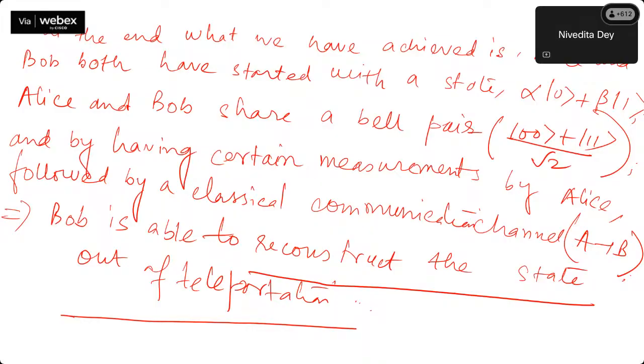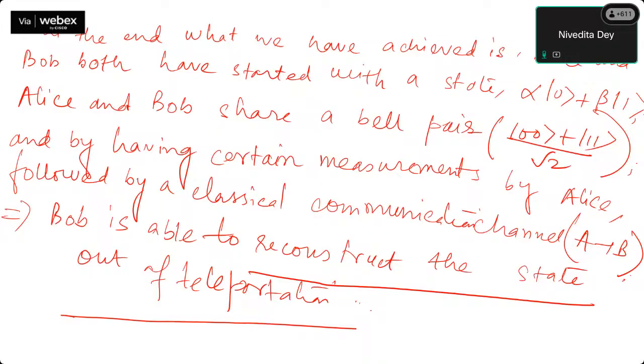Okay, now this is the theory. You can see that without any information being shared directly with Bob, only by sharing some classical information from Alice's end to Bob's end, the only constraint is that Alice and Bob both share a part of the entangled pair, and ultimately Bob is able to reconstruct the quantum state alpha 0 plus beta 1,